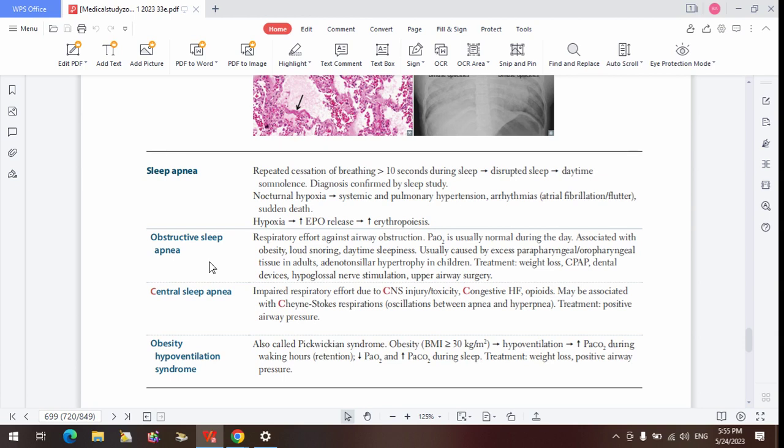What are these things? Someone that is obese. People that are obese tend to have a high amount of fatty tissue within their pharyngeal region, both at the nasopharynx and the oropharynx. So they have a high amount of parapharyngeal deposits. And people that have adenoidal hypertrophy, especially children, can also experience that obstruction of the upper airway. So when that is there, it brings about an increased resistance to ventilate because of that obstruction. So they have an increased respiratory effort against that obstruction.